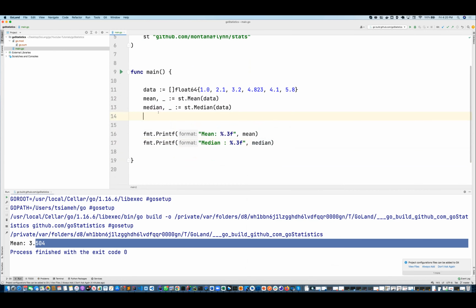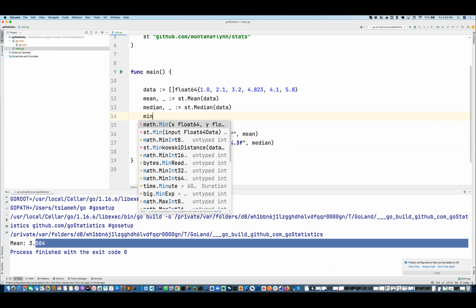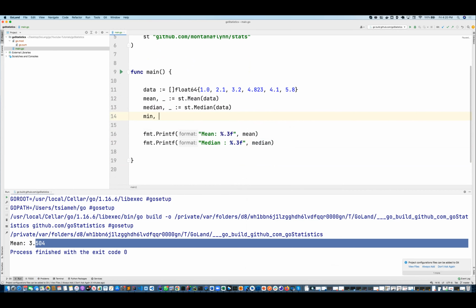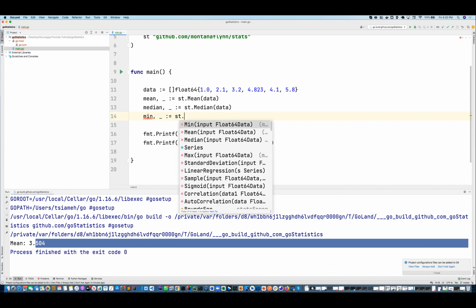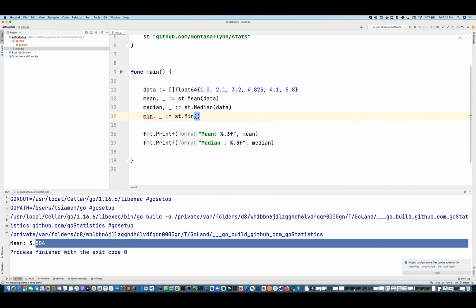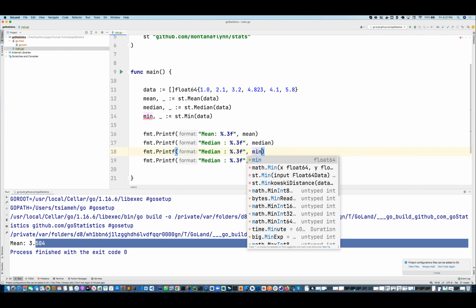So let's do the same as for the mean. We pass in our data. We're going to copy this and paste one more time. So this is going to be the min,